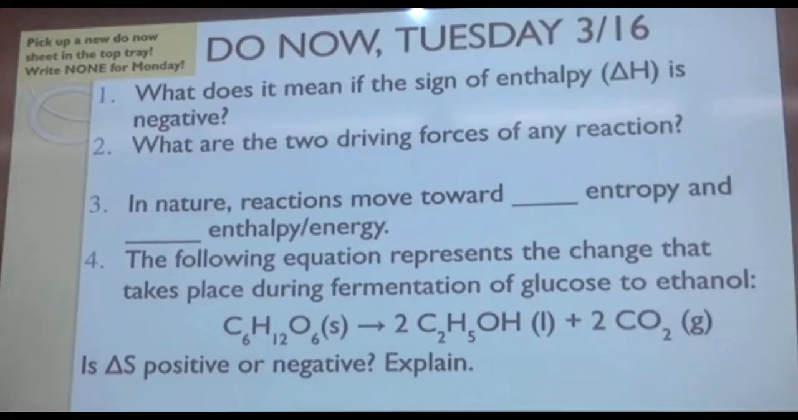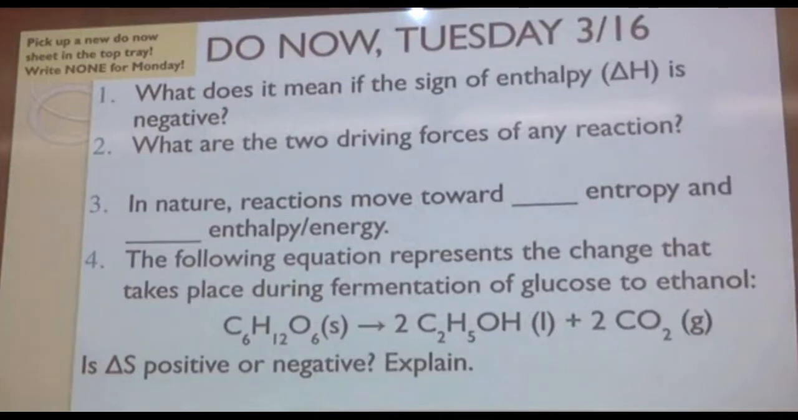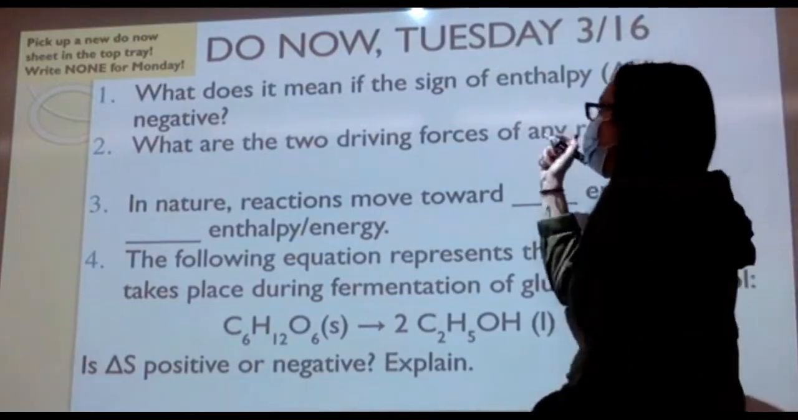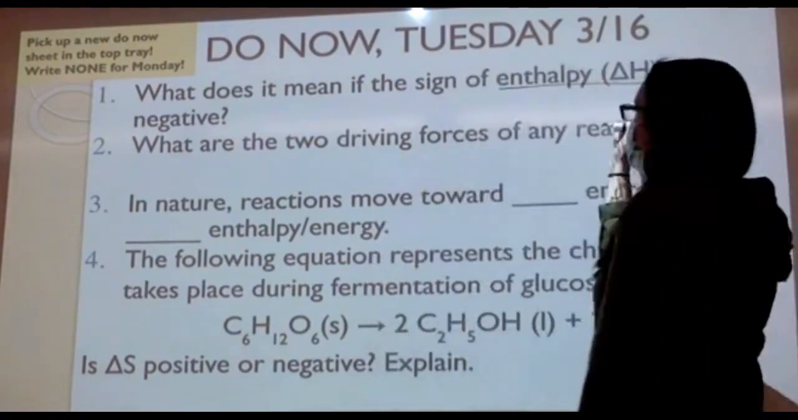This unit is not that it's difficult. It's that there are three main variables that we're going to be talking about. And so you just have to make sure that you recognize what the question is asking. So for number one, it's asking you what it means if the sign of enthalpy, which is delta H, is